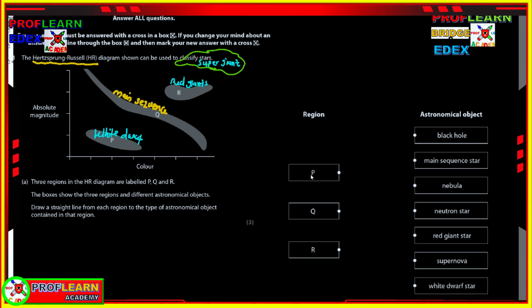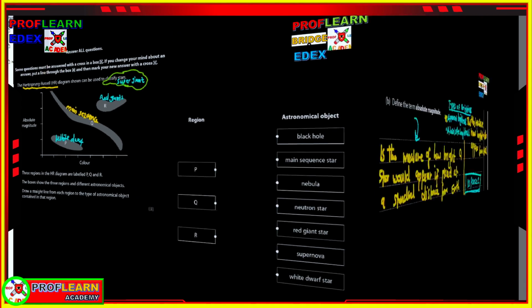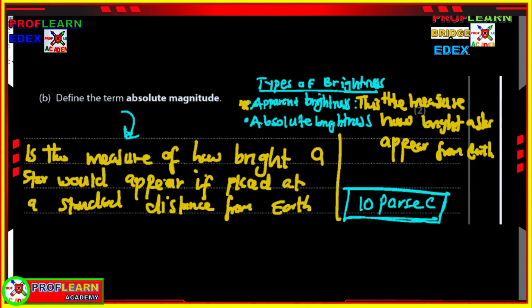So for P, you are to draw a straight line from this region here, and then join all the way to the white dwarf. Q, you are to join to the main sequence, and R, you are supposed to join all the way to the red giant star. You are supposed to define absolute magnitude in this exam, but you need to remember that